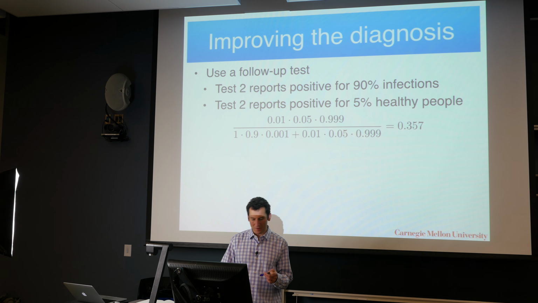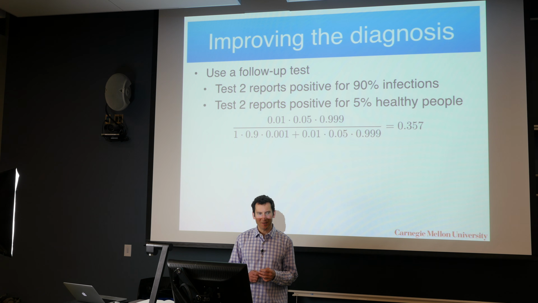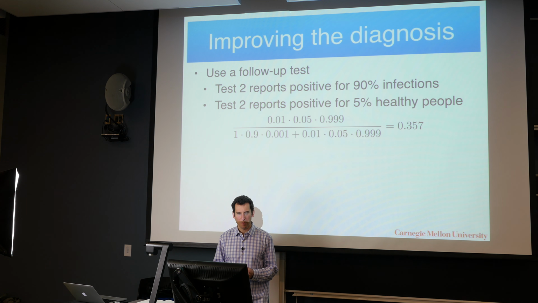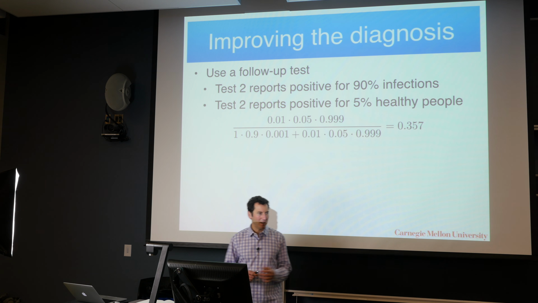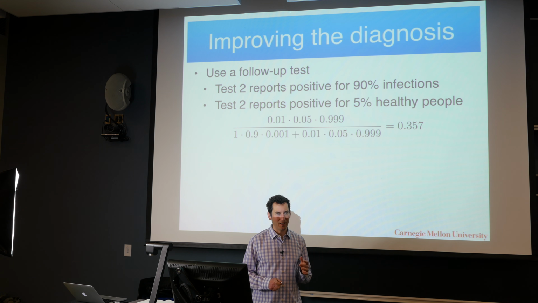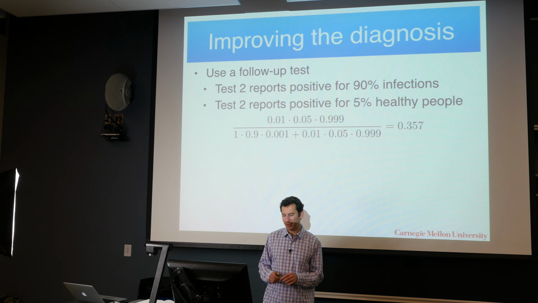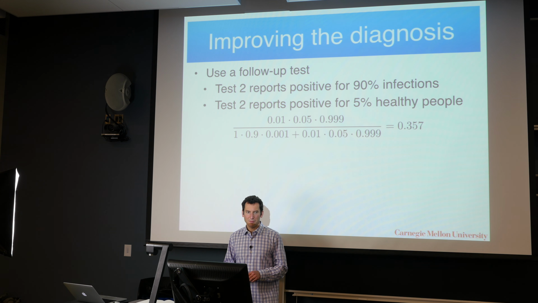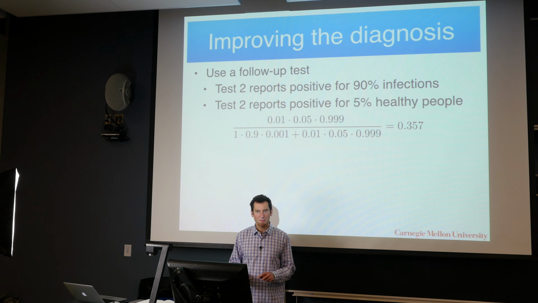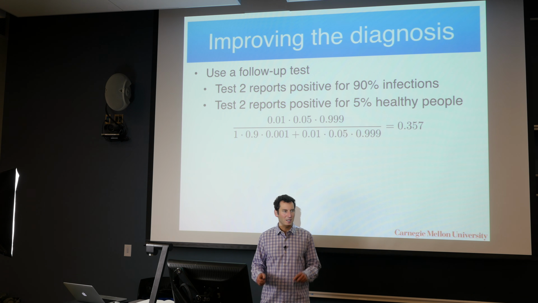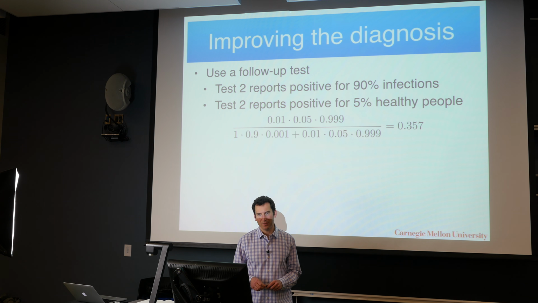So again, I work out those numbers. And I take the product. And now I'm getting something in the order of almost 36%. Now, 36% is where you should really start to worry. Now, AIDS maybe has better tests, but if you have sometimes cancer diagnosis, those error probabilities are not uncommon. So this is why when you come back with a positive or negative diagnosis from something, it doesn't always mean that you have it, and you should not get mad at your doctor if he tells you, well, the test came back one way or another.